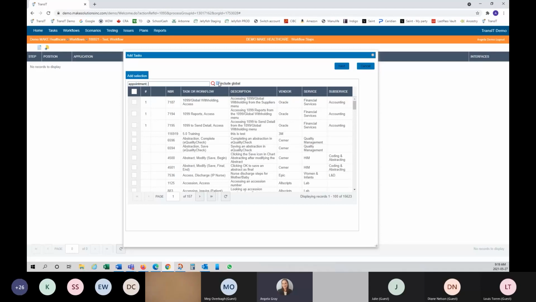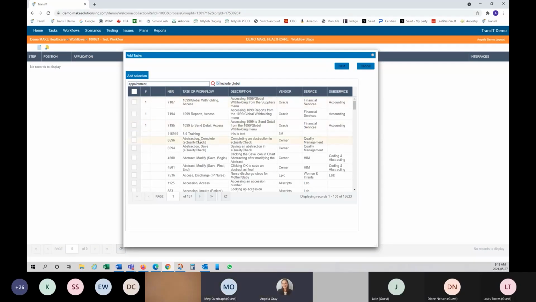So once it's been brought in, whether it's being brought in using the import icon, if it's added, like I'm showing here, using this include global and selecting it here, or it can also be done at the scenario level, and I'll of course show that once we get there. I think I probably just brought in all of the tasks, but